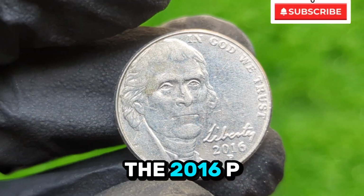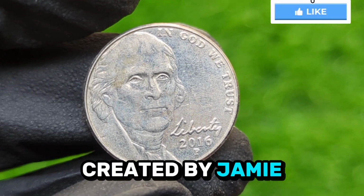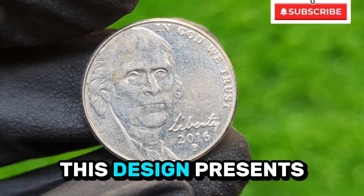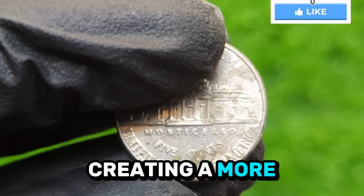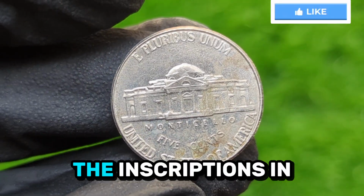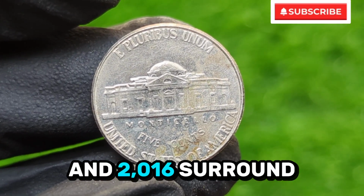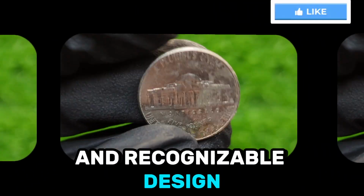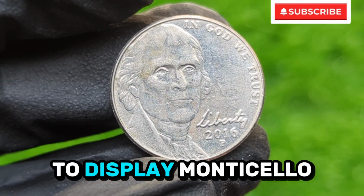The obverse of the 2016 Jefferson Nickel features the modern portrait created by Jamie Franke. Unlike earlier profile portraits, this design presents Jefferson facing slightly toward the viewer, creating a more lifelike appearance. The inscriptions "In God We Trust," "Liberty," and 2016 surround the portrait, completing the clean and recognizable design that Americans see every day. The reverse continues to display Monticello,